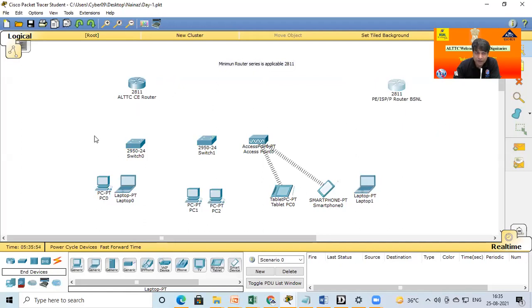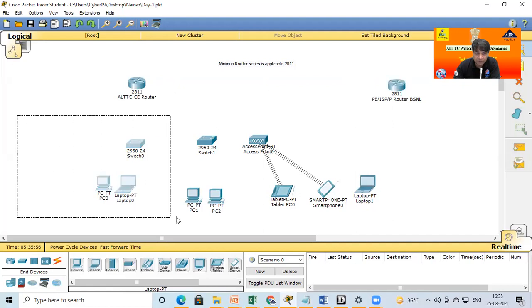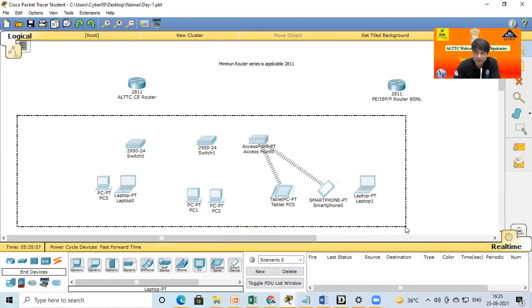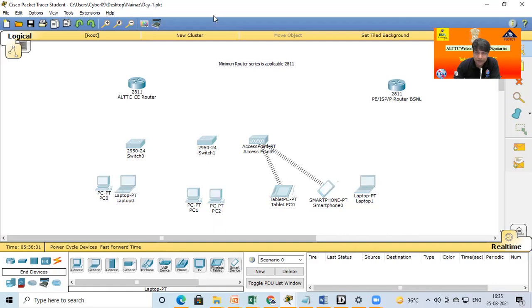So if I want fully Wi-Fi or fully internet in the campus, then definitely in this case we require a lease line from the PE router.